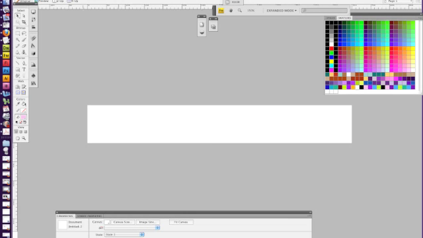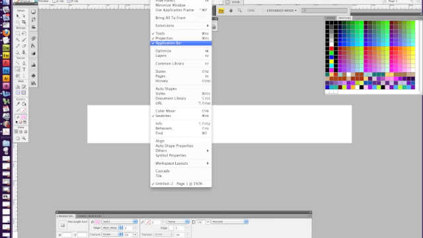The tools we're going to be using are our selection tool, and it's the pointer tool. Then we're going to use our rectangle tool, our text tool, and our color palette. You'll notice I've got swatches over here. I've made them quite big because I like to see them big. And when you click the rectangle tool, you'll notice down the bottom in this window here, which is the Properties Inspector, which is also found by going Window, Properties,